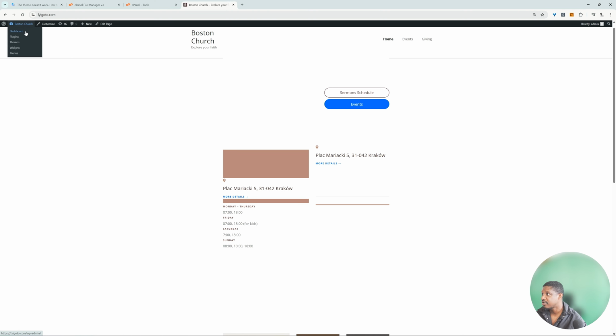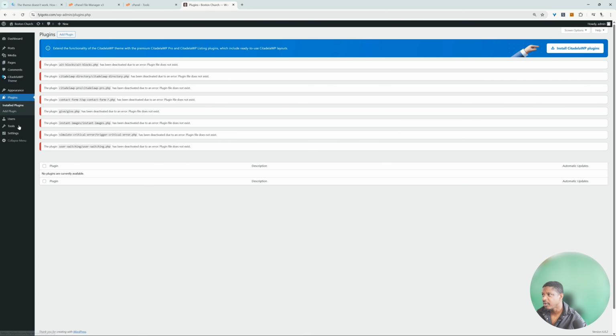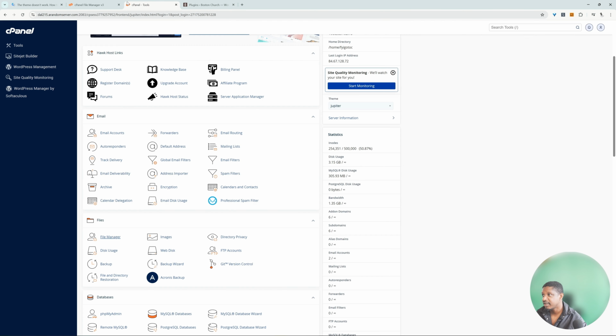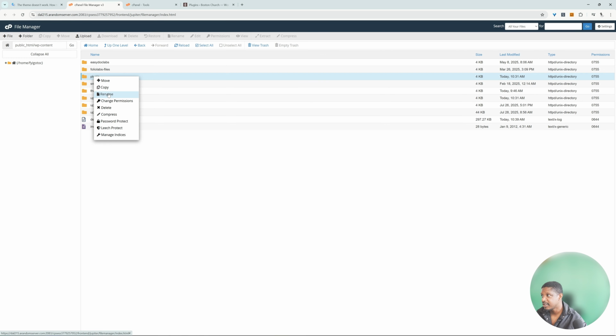All right, so let's go to our backend and we'll go to install plugins. And we can see all these plugins that were active are now deactivated. That's fine. So the main thing is we just need to head over to our backend and just view the plugin page. And now we'll head back over to our file manager and then we will rename this